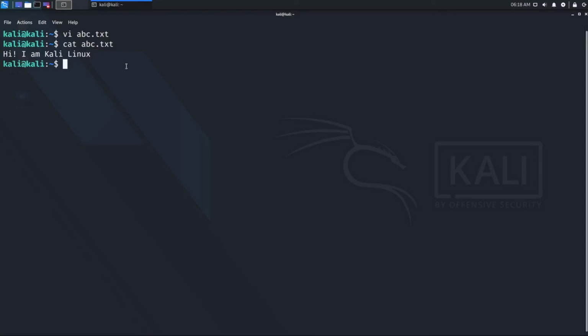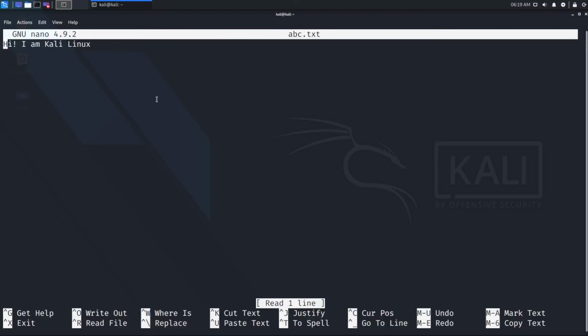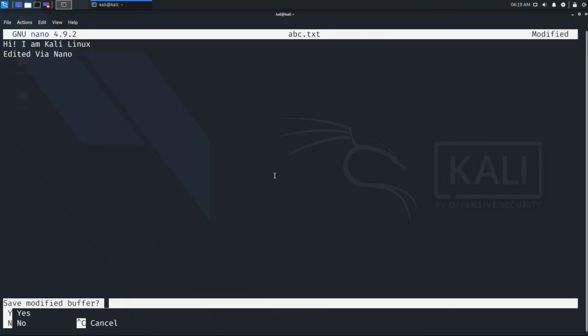Okay, now for using nano, you have to just press nano abc.txt. This is more user friendly kind of editor. It is a GNU nano editor. In the bottom you can see all the options. If I press enter, here I don't need to type any I for insert or delete. I can just type as it is. So edited via nano. Okay, now if I have to save this, I will press Ctrl X to exit,